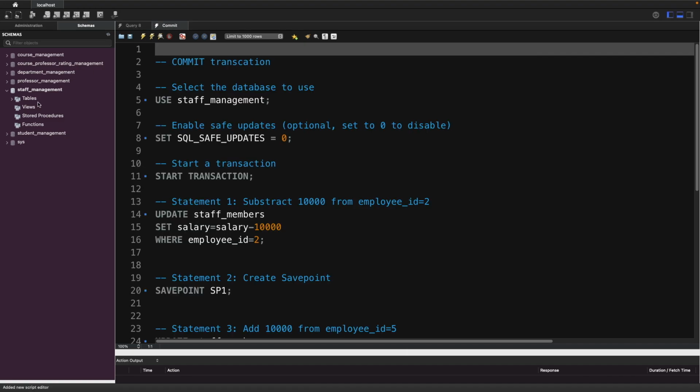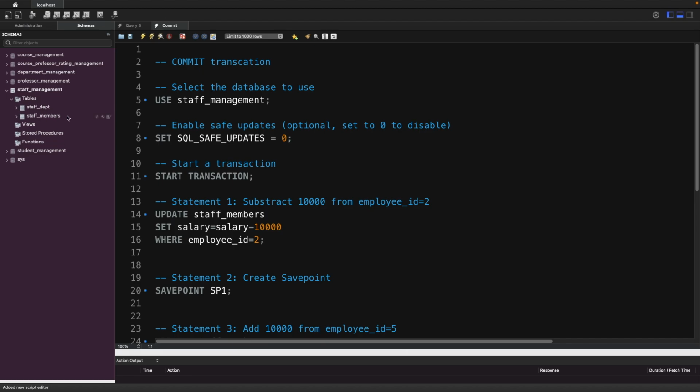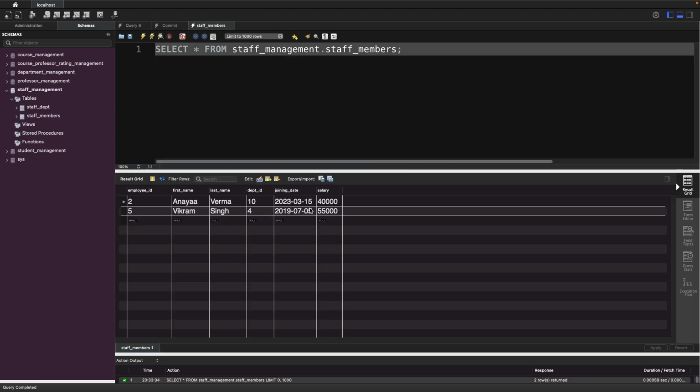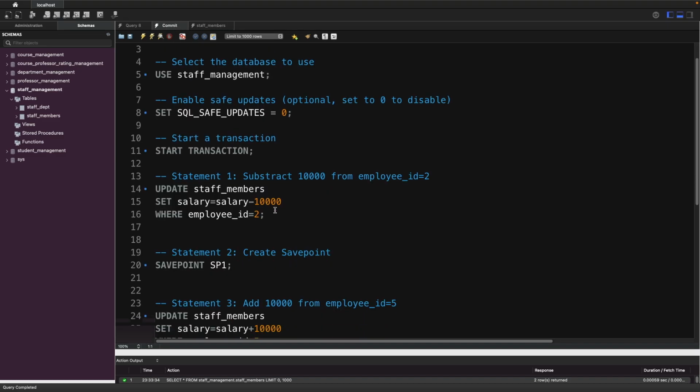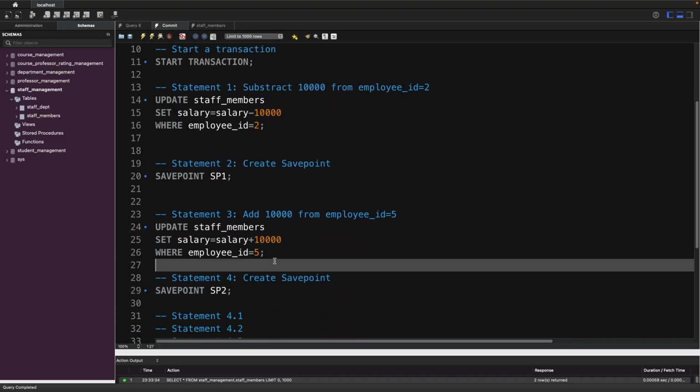Let's check the table. Okay, the values are saved correctly till the SP2. This is all for the commit